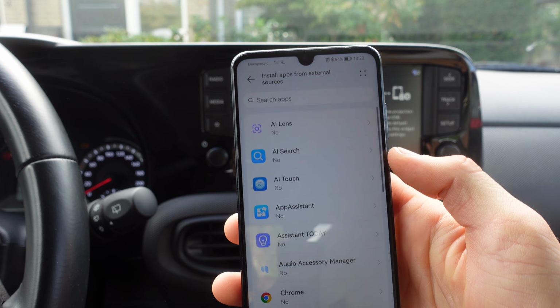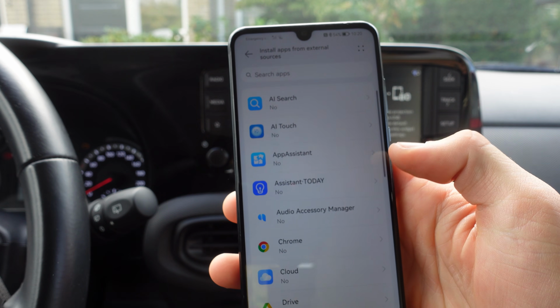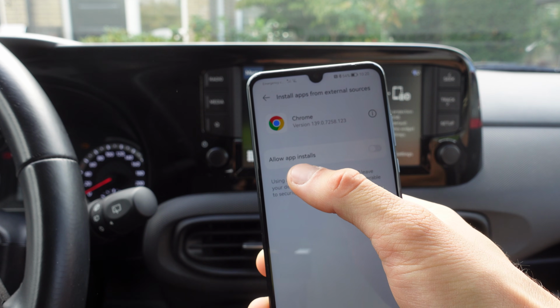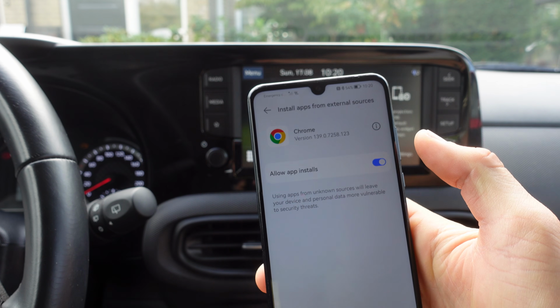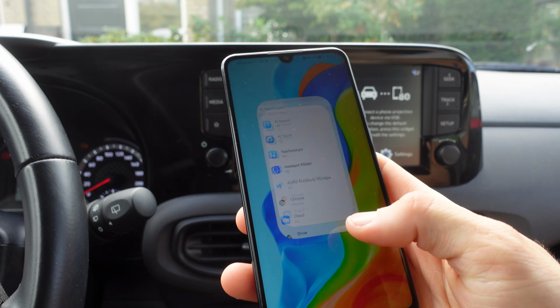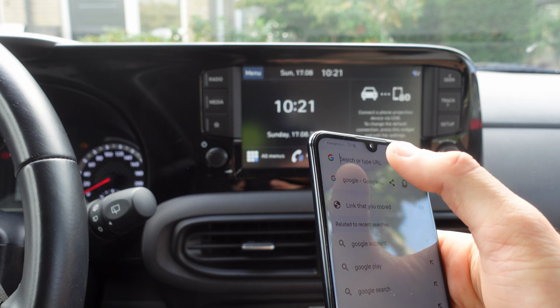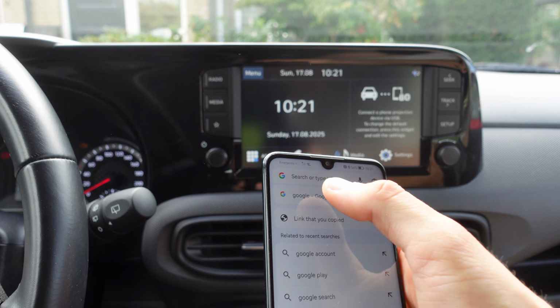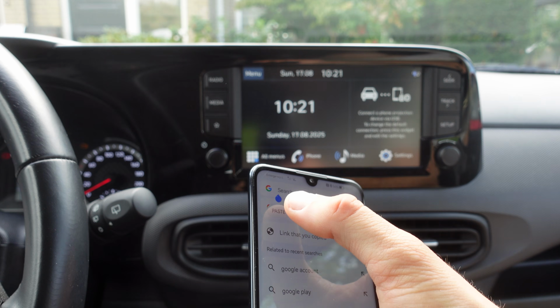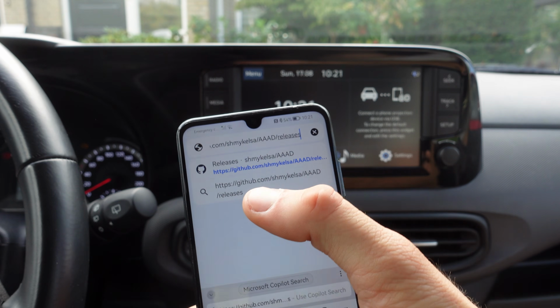So we're going to click on it, and then we want to click on Chrome, and we want to allow app installs and enable it. Then what we're going to do is go to Google, and in Google we're going to go to this website,